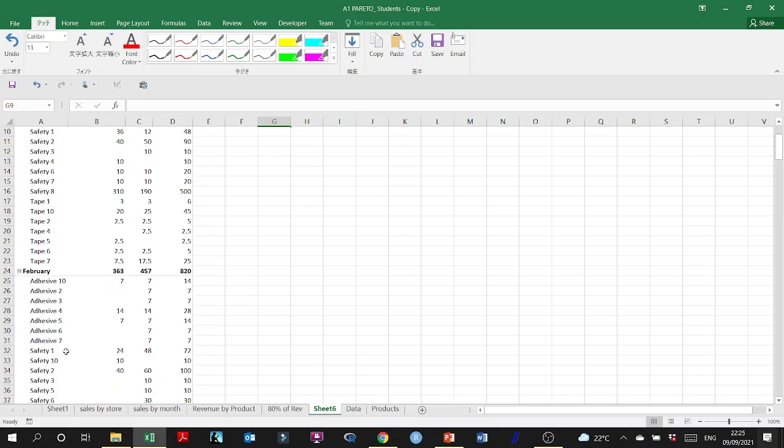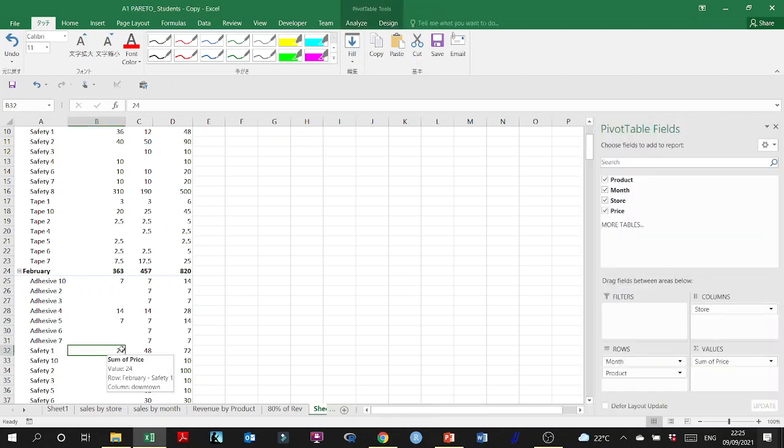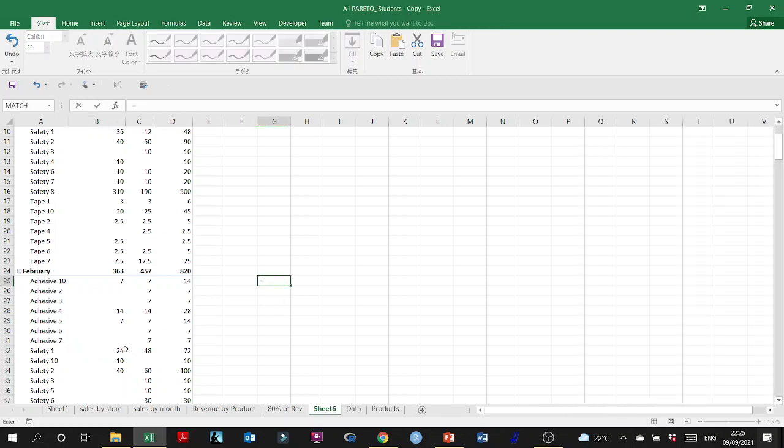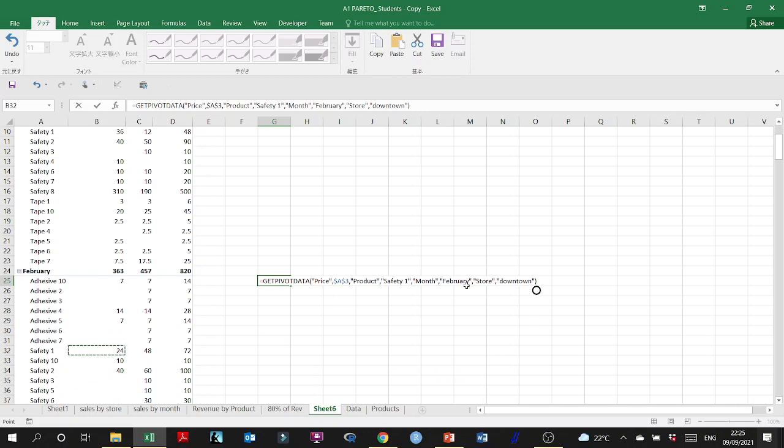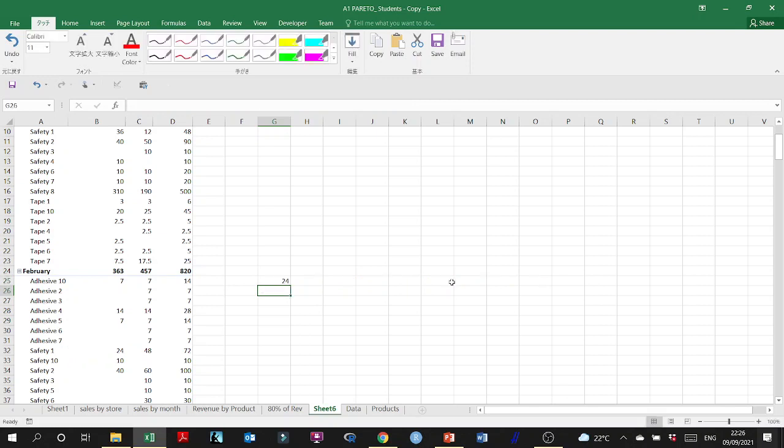So if this is safety one, and this is the month of February, let's see how it looks like. It's going to be price, A3, product, safety one, month, February, store, downtown. But this is what we've done. I think maybe I've just wrote February, the spelling was wrong or something. So this is how we do the get